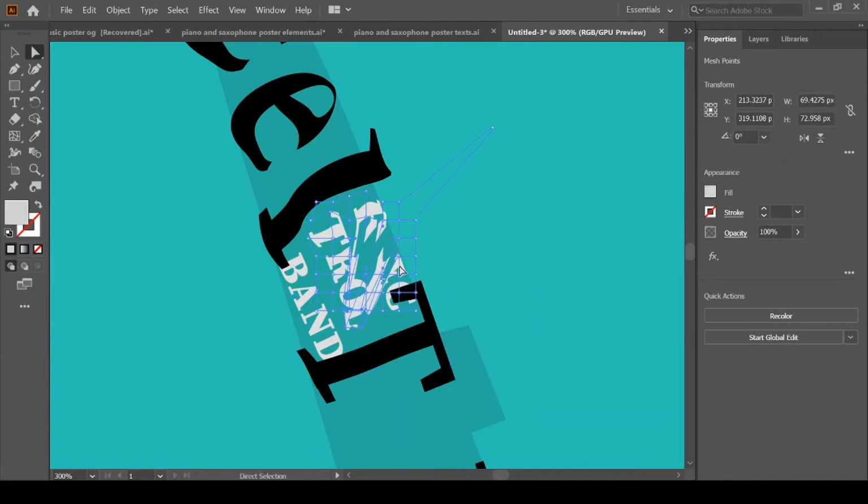You can see it's looking very bad. You just have to change it a little bit so that it is adjusted in a shape and it is also readable. Okay.